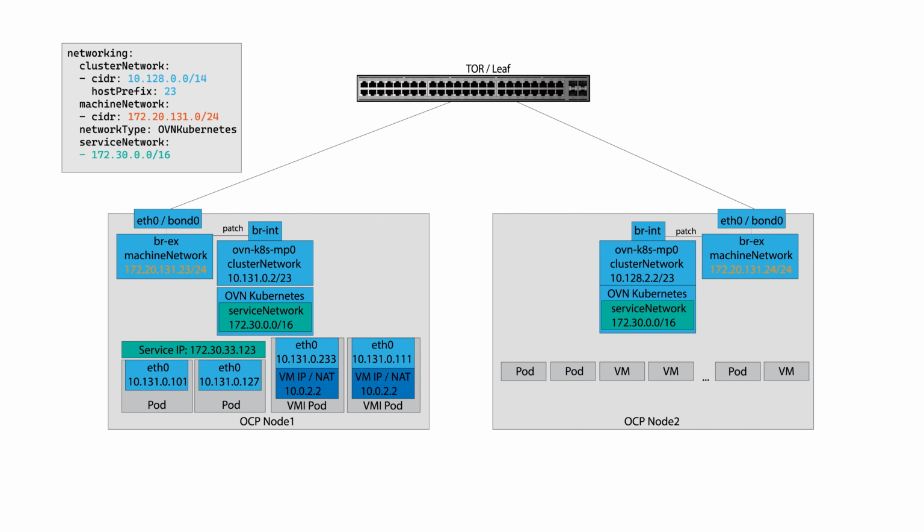But wait, didn't I say the only external network is the machine network? How are these pods talking to each other if they are not connected via an external network? Well, it's because nodes are running tunnels between each other and encapsulating all the pod network traffic into Geneve tunnel-based